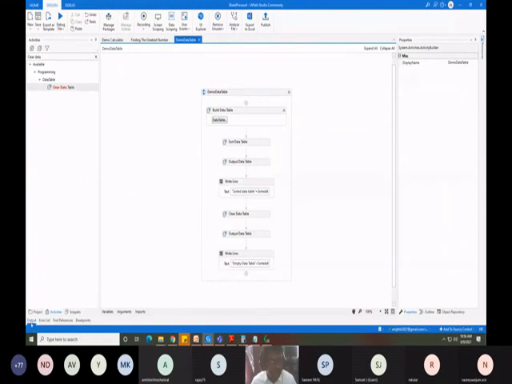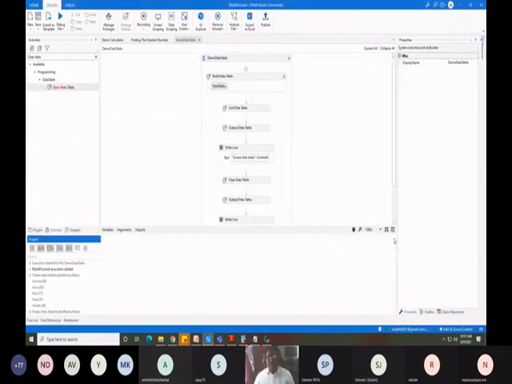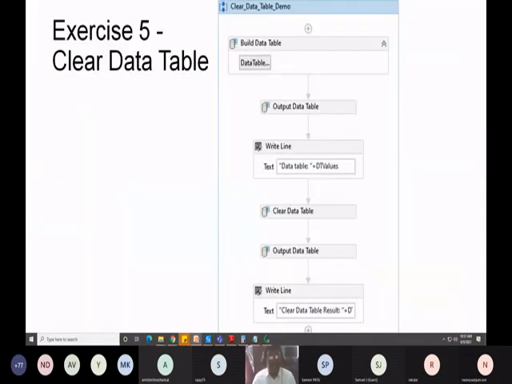Just execute it properly. See, sorted data table values are there, and an empty data table. See, no values are there. Only column names are there. All the values are cleared. So that's all about the clear data table. Until this, I hope you understood. If you have any doubts, please ask me, because the next